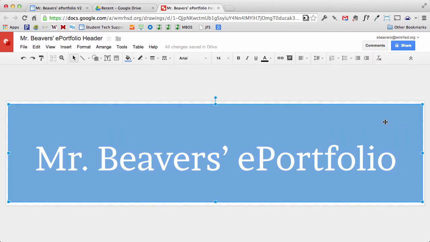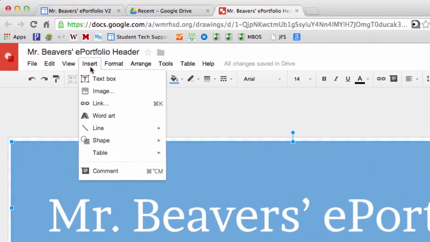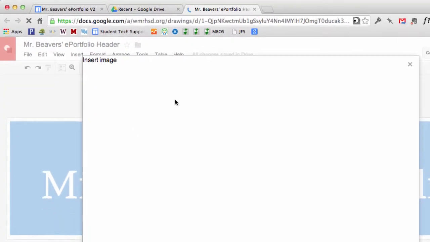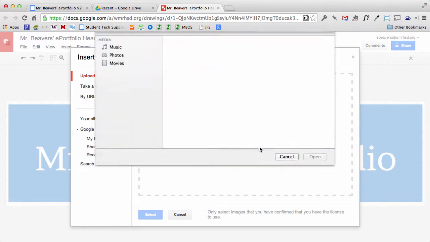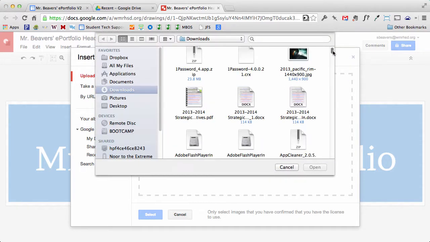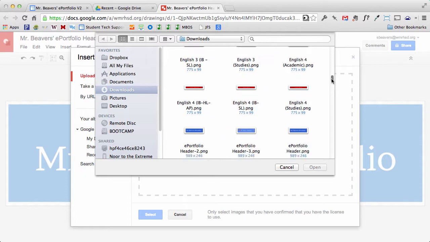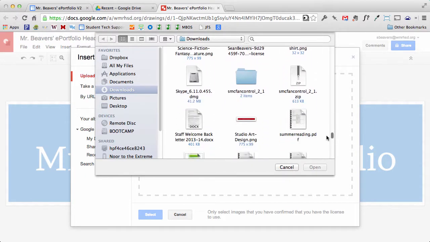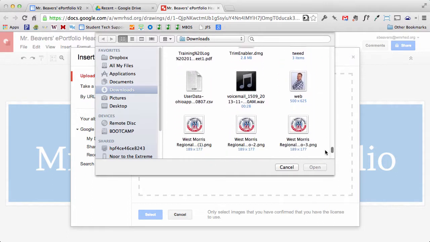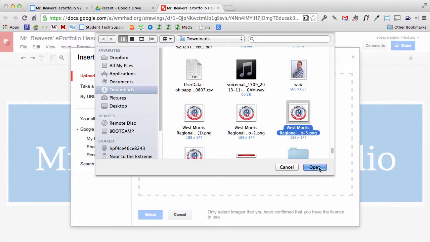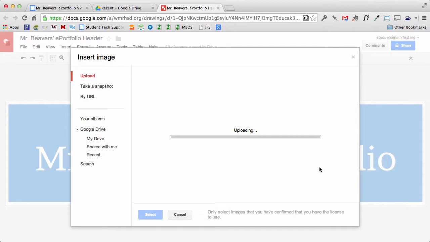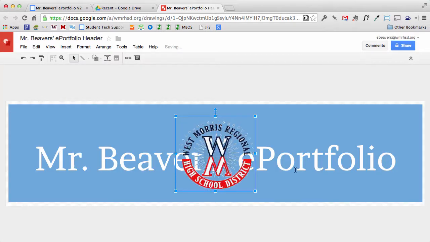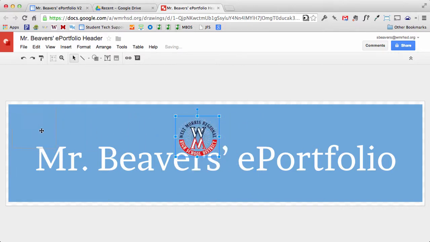Now something else that you can do if you would like to add a custom graphic to your header is you can go up here to the Insert menu and insert an image from your computer. And so I'm going to choose an image to upload. I'm going to find the Wes Morris logo, which I already have downloaded on my computer. So let me scroll down to that. And I'm going to add that to my header graphic. So there it is. I'm going to make that just a tad smaller and put that up in the top